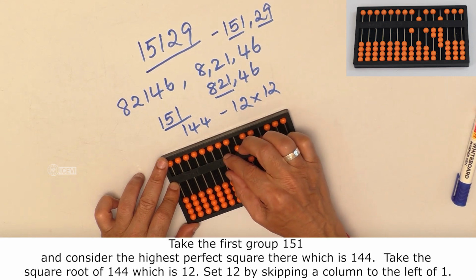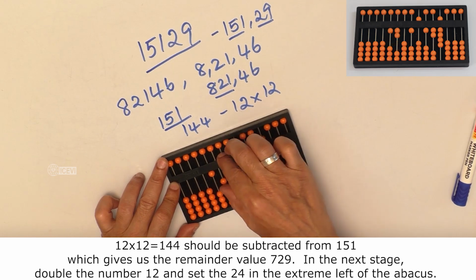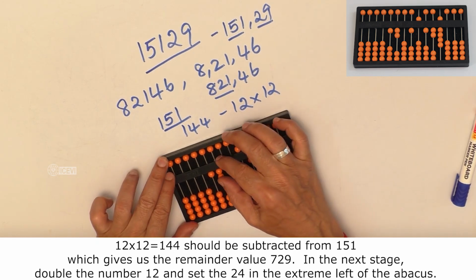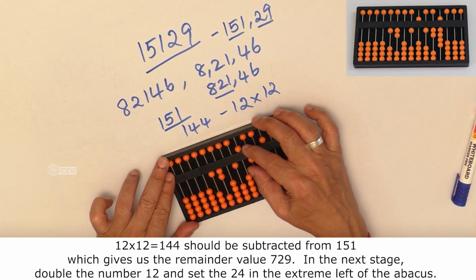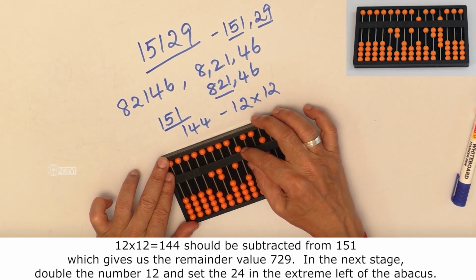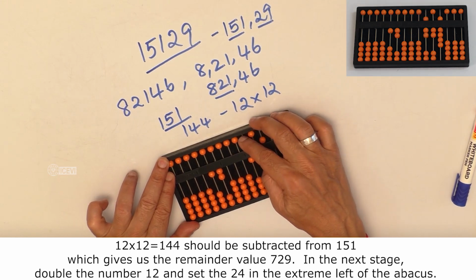Set the 12 by skipping a column to the left of 1. So 12 into 12, that is 144, should be subtracted from 151, and we get the remainder as